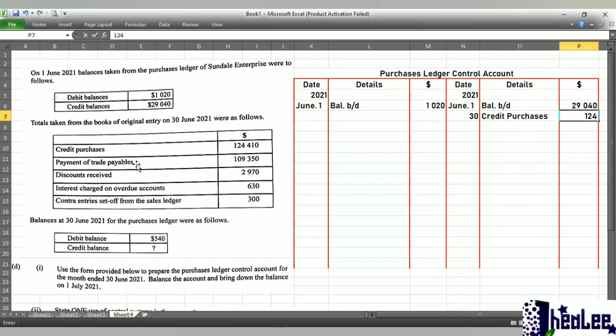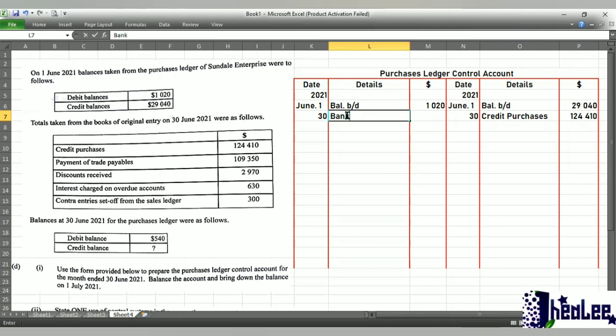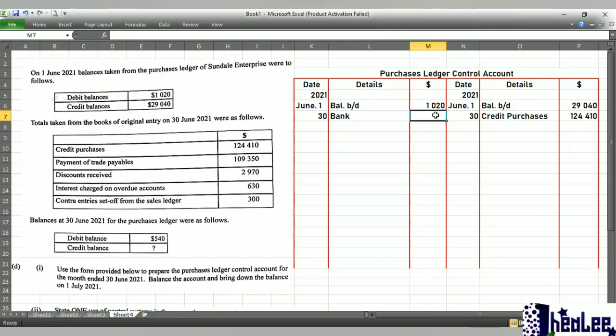$124,410. Payment of trade payables, basically stating that you have paid a part of what you are owing to your creditors, and that will be a reduction in the account. So we're going to debit. That is June 30th. Details, bank, because the method of payment was not given, and the amount there is